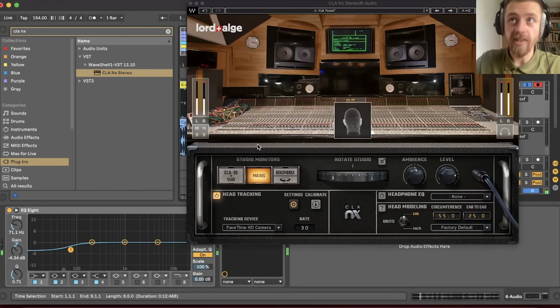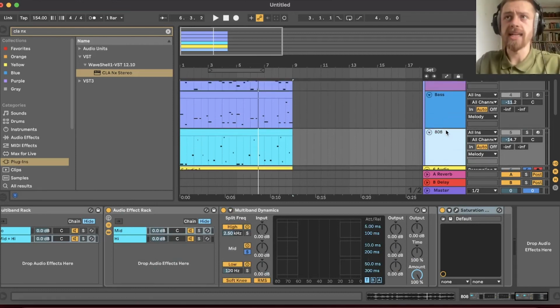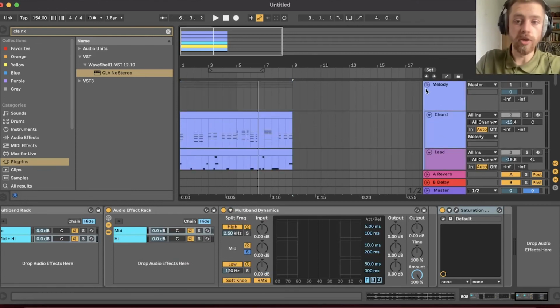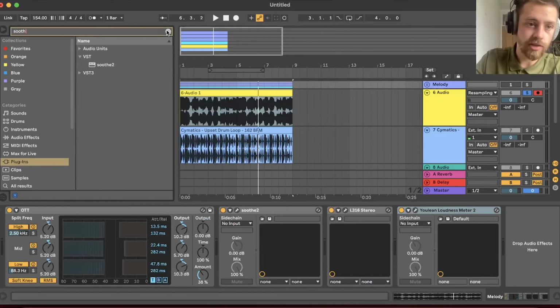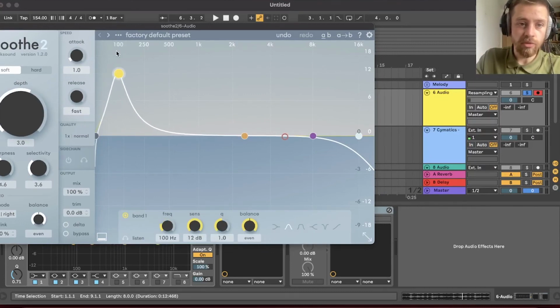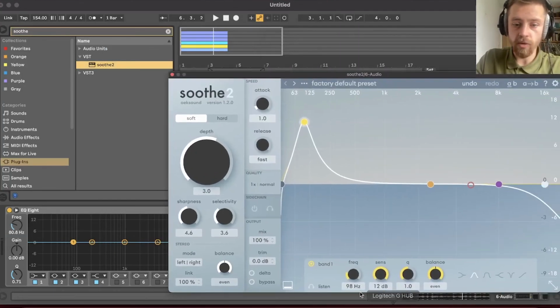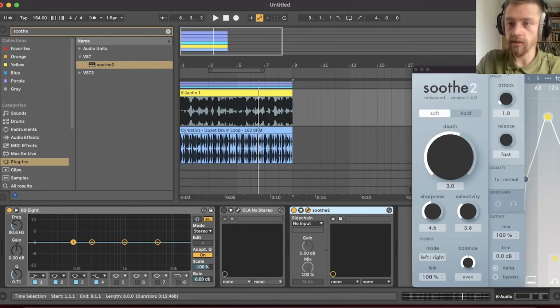And as you can hear, it's already way over, man. What I'd usually do is go in here and turn down the bass until it stopped distorting. But if that's destroying the character of the bass, I'm going to use something called Soothe. Let's open it up and I'll show you what I do. We can turn band 3 off and bring it all the way down here. Then we grab this little Q thing and find out where that really ringy frequency is in the bass. So if I turn off CLA NX for a minute,